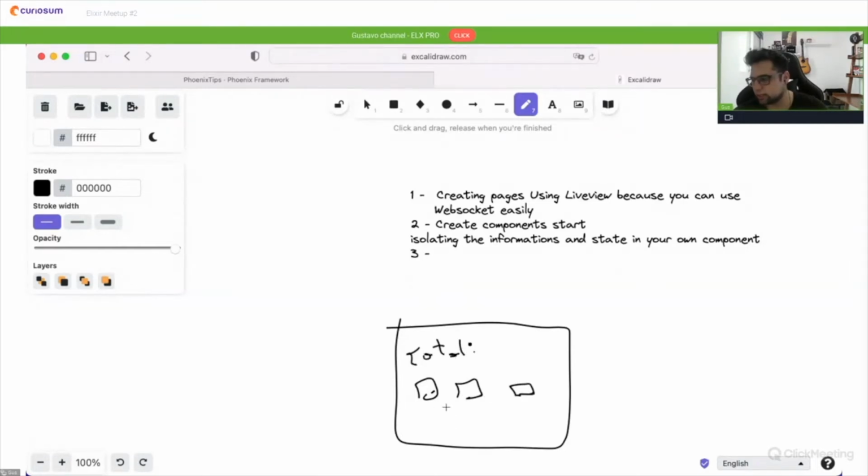And start creating the communication between and isolate all the communications. This is the second step. And the second level is that I isolated the business rules, the states about my components, and I want to create a communication between my components if it's necessary, or even though I want to create events inside my component and I'll update my whole pages. So the third level is more about